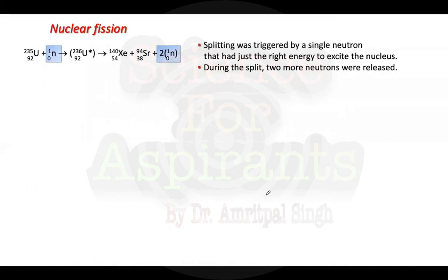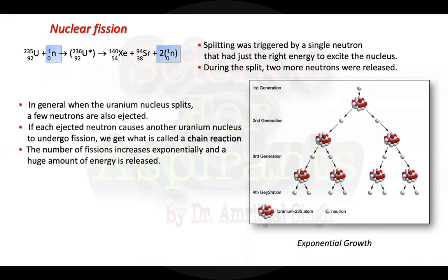So this was triggered, and you can see this is exponential growth. One reaction forms two neutrons. When these two neutrons further interact with the